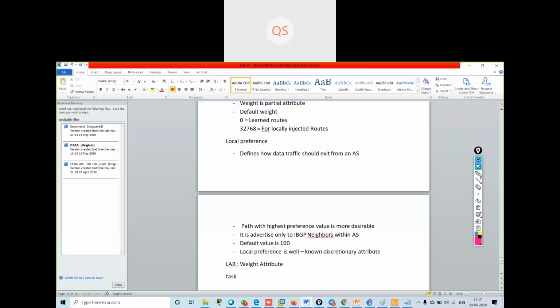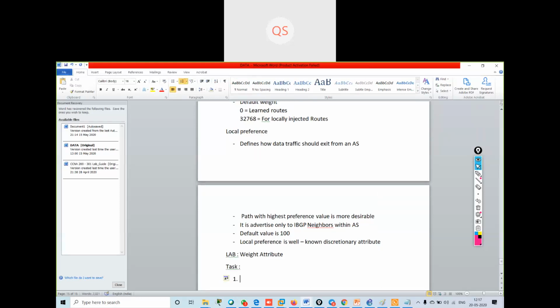The first task is to configure basic IBGP and eBGP peering using directly connected interfaces.